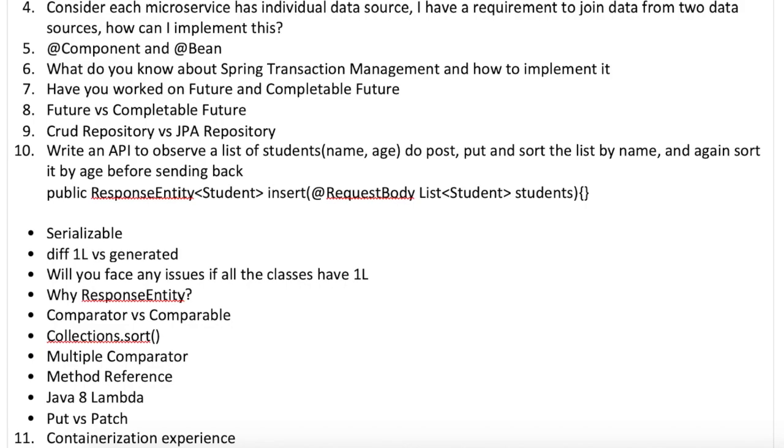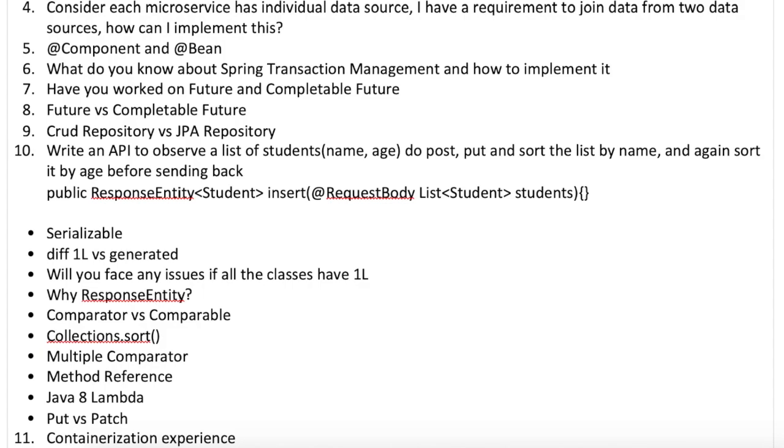Then you can talk about the declarative transaction, @Transactional, and the different elements of @Transactional, like the isolation levels: read committed, read uncommitted, repeatable read. You can talk about the timeout factors.